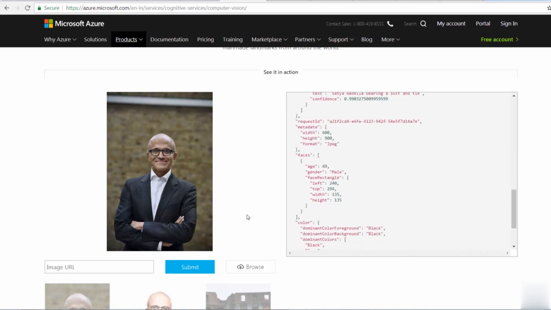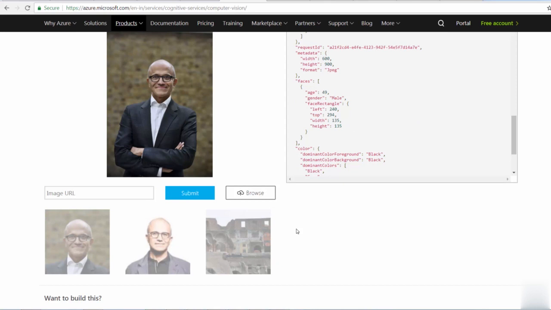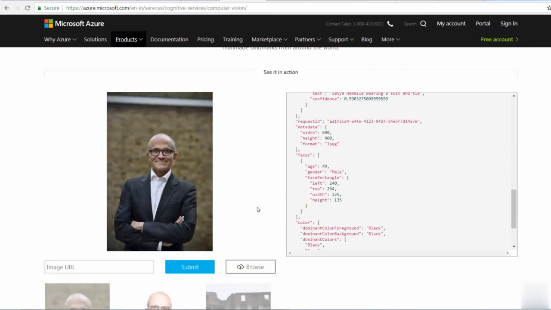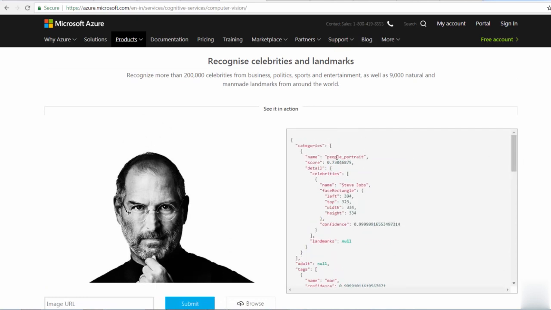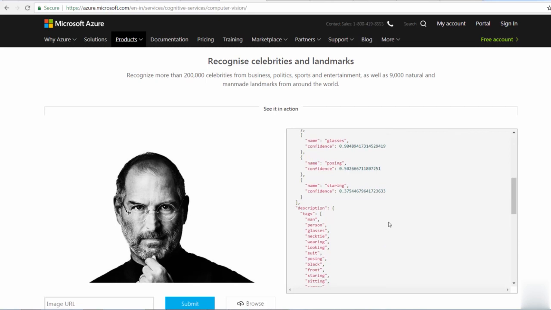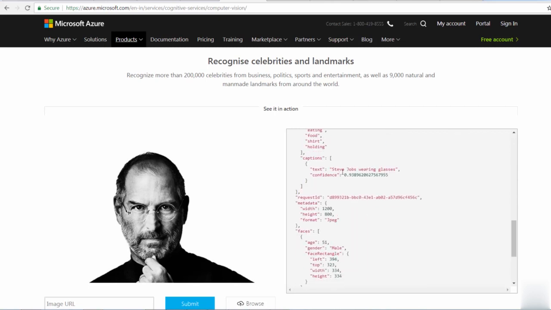All right, now I'm gonna upload a picture of my own, and there you go. I have uploaded a picture of Steve Jobs. There you go. It has come back as people portrait, and then the name is Steve Jobs. The confidence is pretty solid right about here, 0.9999. And then I come down here all the way in the description. The caption is Steve Jobs wearing glasses, and the confidence is also pretty good. So there you go. Now you have first-hand experience with the API, and you get a good understanding of what